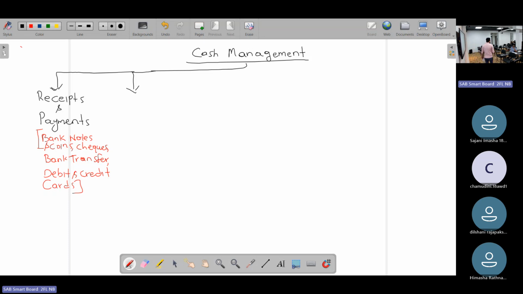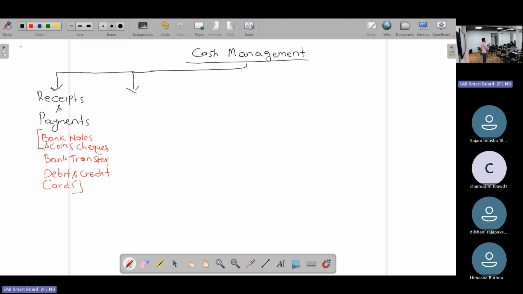So transactions, receipts and payments, through these tools or methods. In the cash management process, all the transactions must be followed. After receipts and payments transactions take place,